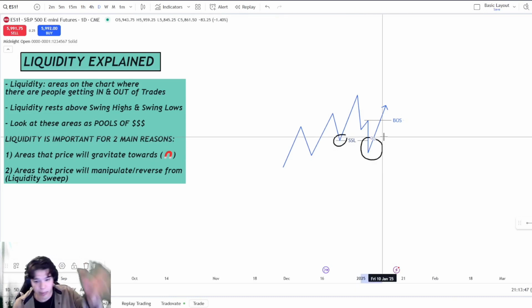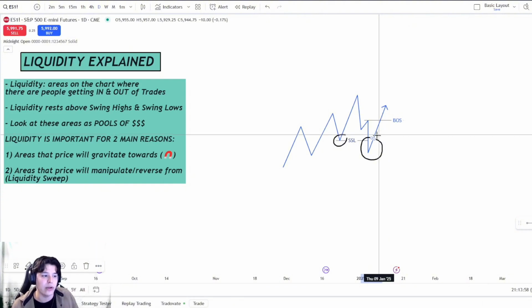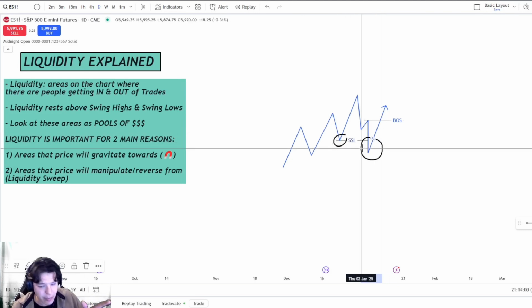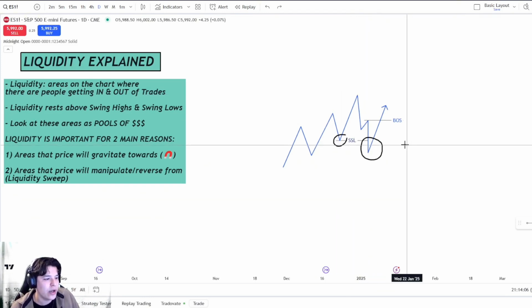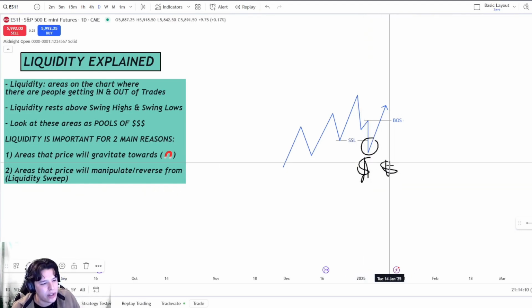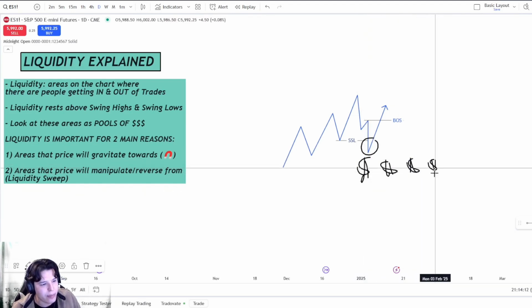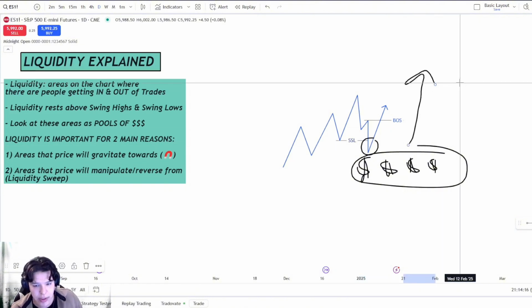for both people getting into the market, the people that wanted to go short as soon as this low gets broken and they don't wait, for example, for a bottom wick to get created or for an actual confirmation for a break of structure, for a candle to actually close below that low. And there are also people that are getting stopped out when they went long before, and for example, they didn't take profits here and they have their stops right at that previous higher low. This unleashes a pool of money for the market to actually move in the underlying direction that it really wants